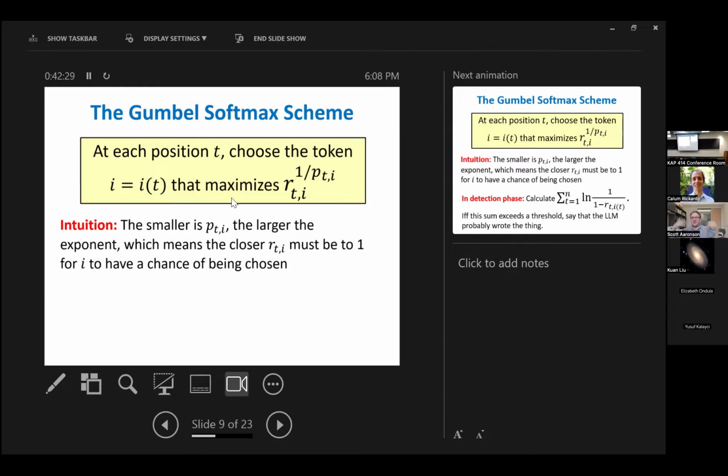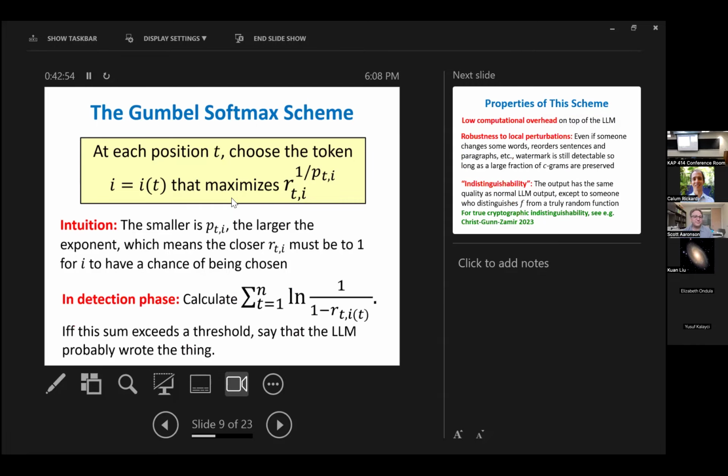Okay, so in fact, we designed this rule by working backwards from that constraint. After I proposed this rule, my colleagues in machine learning told me that it's been used in machine learning for a bunch of other purposes, and it's called the Gumbel softmax rule. So we could call this the Gumbel softmax watermarking scheme. Then what do we do to detect